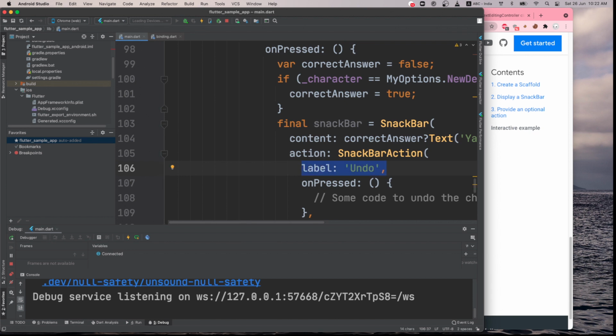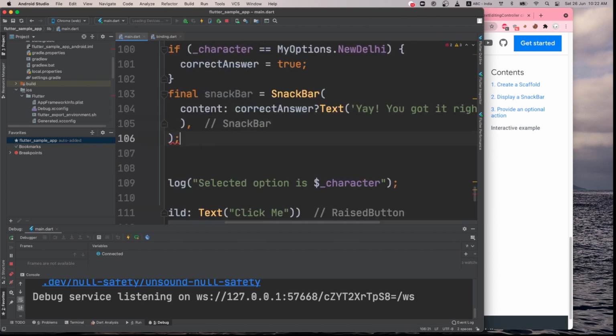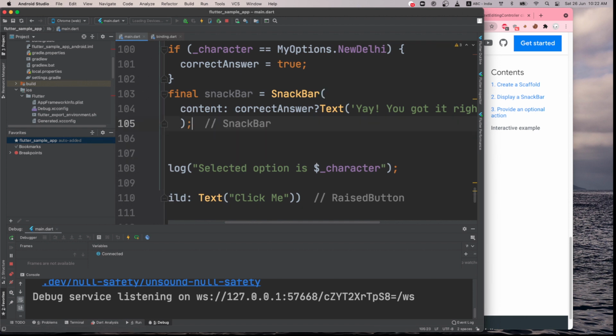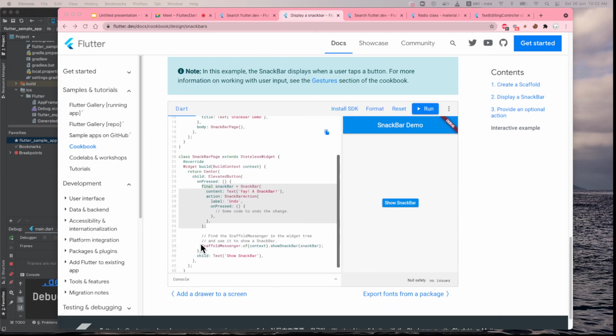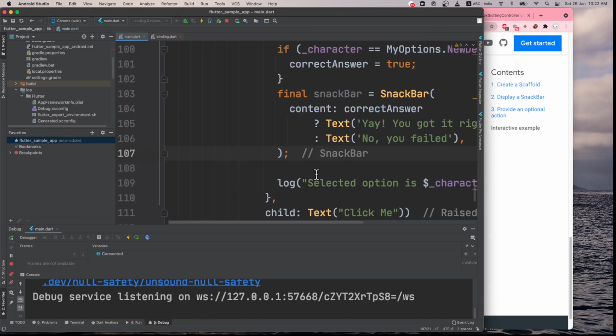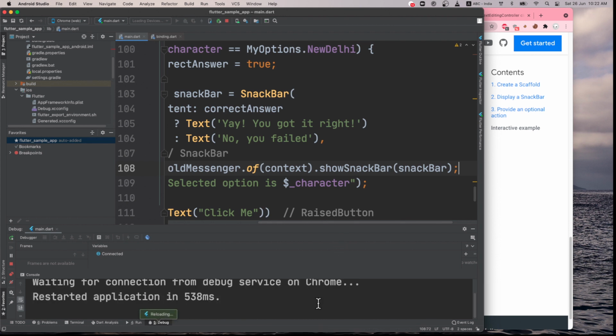So this label is not required here. I think we don't need any button action. This you can remove. Content is there, only we created again. What is this one? Snack bar, that is enough. This one, and then we delete this. So our snack bar is created, and I have to just copy this from here to there, and then it should work like this, and I save it.